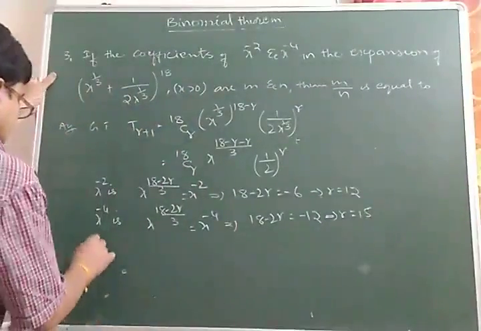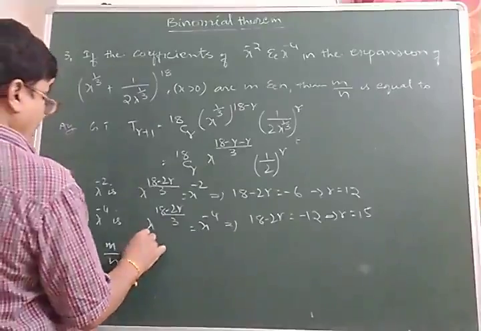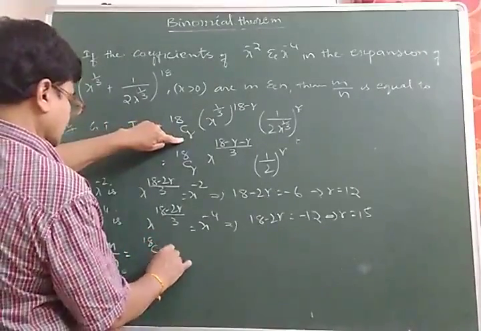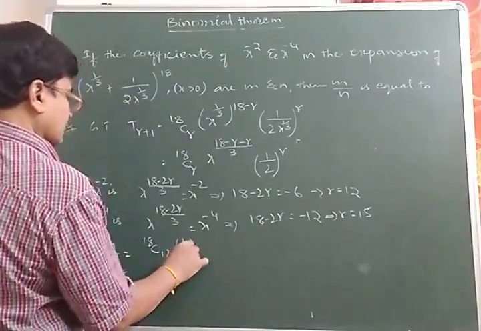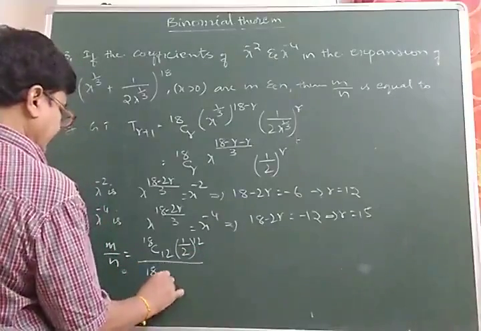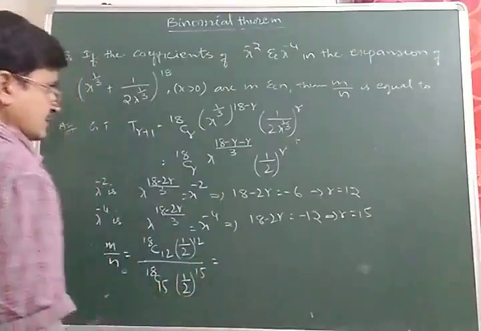So therefore m by n is equal to 18C12 into (1/2)^12 by 18C15 into (1/2)^15, that is equal to